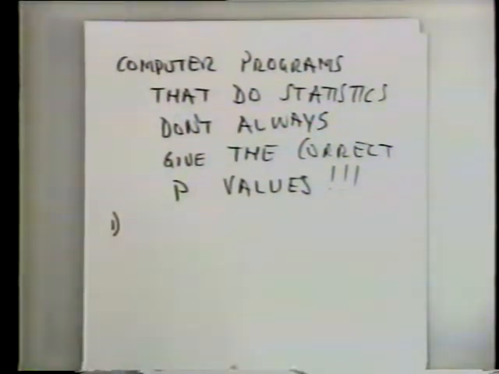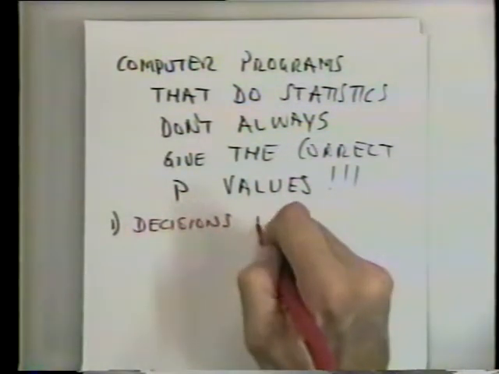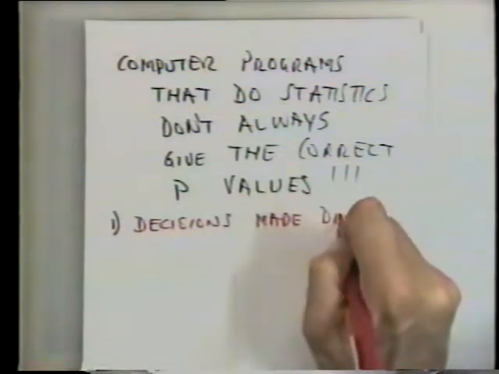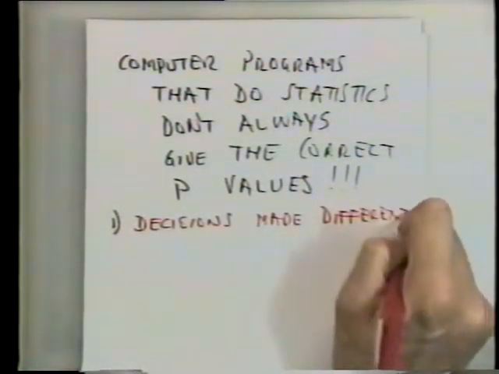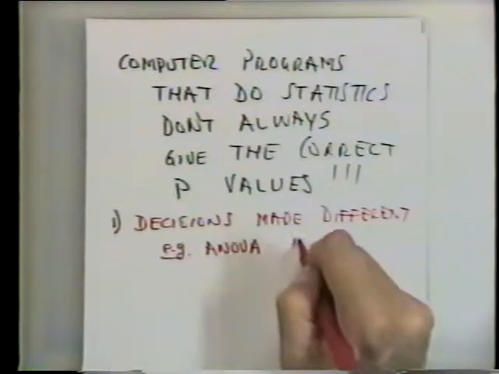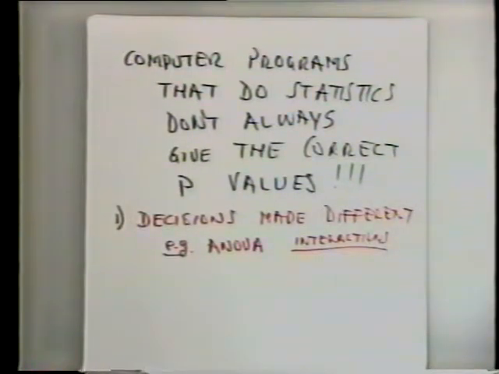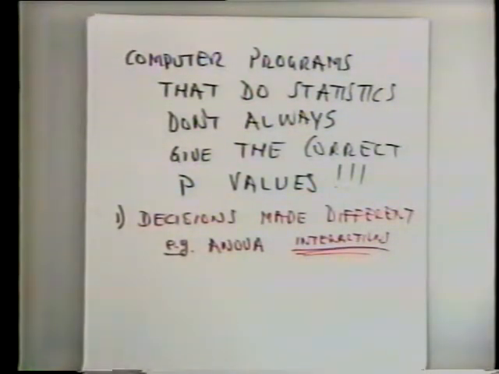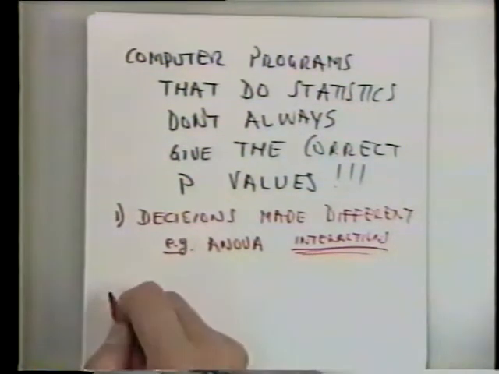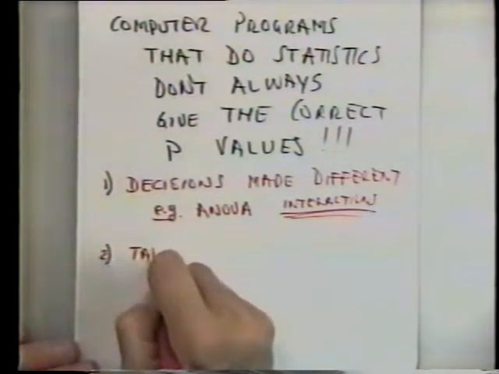The first one is we really have some decisions to make in handling some tests. And those decisions could be made different ways. And we saw this last week, for example, in terms of the ANOVAs, where how we want to handle the interaction variances and how we normalize them with respect to the total or with respect to just the between variances between the columns and things like that. So the different tests can actually be done in different ways, and that's one reason why different programs produce different results.